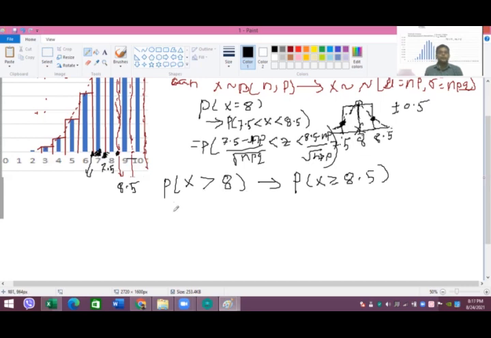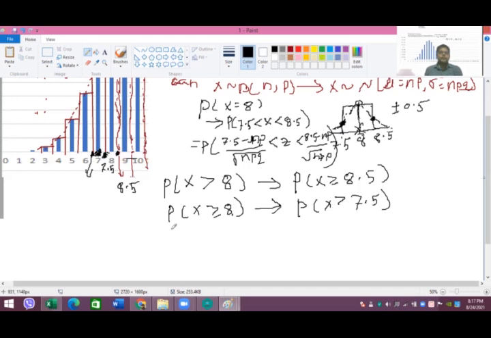And for example, if it is given like x is greater than or equal to 8, that means it includes 8 also. That means you have to adjust so that your inequality will include the value 8, which is at the discrete point. If you write x is bigger than 7.5, that means 7.5 is at the continuous point we are talking of, and bigger than 7.5 includes all the values bigger than 7.5, including 8 also. Because of this equal sign, 8 should be included.